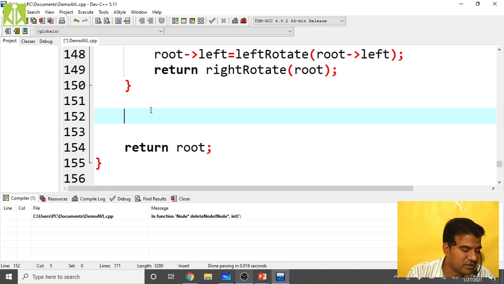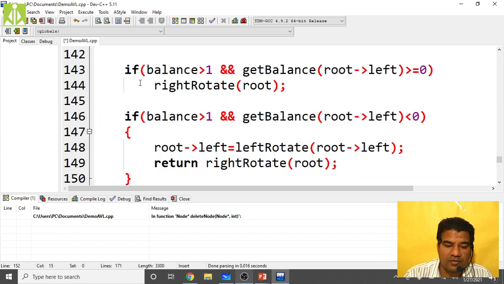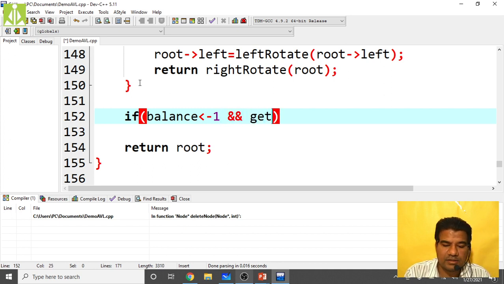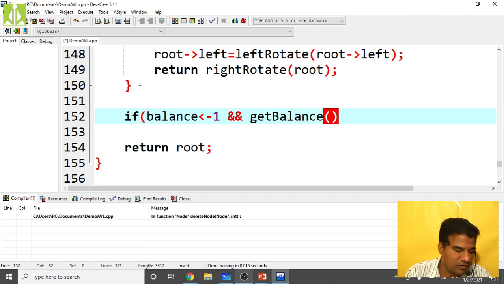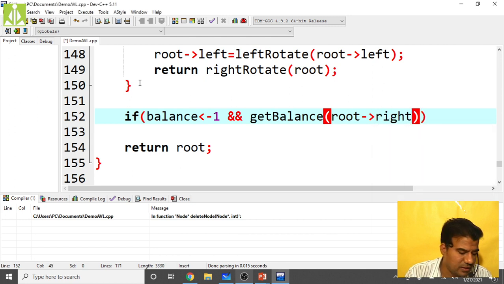Now the right case, that is if your balance is less than -1, since we have already written greater than twice, and get balance of root of right should be less than or equal to 0.